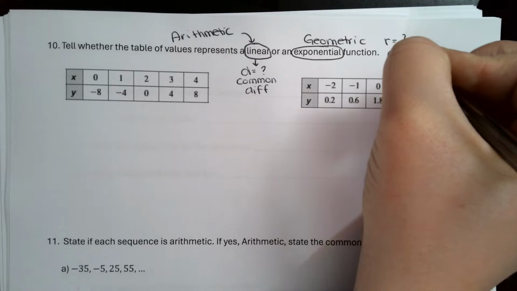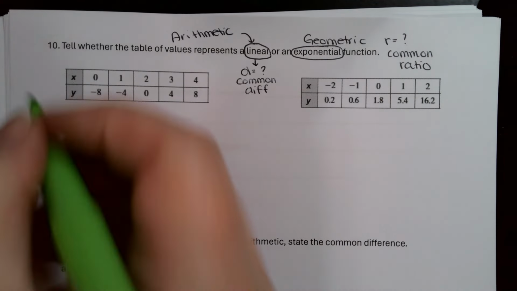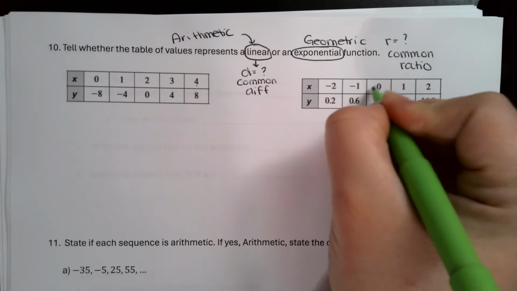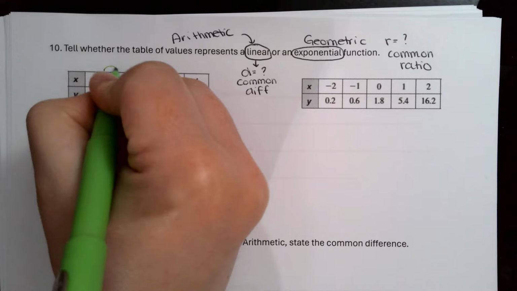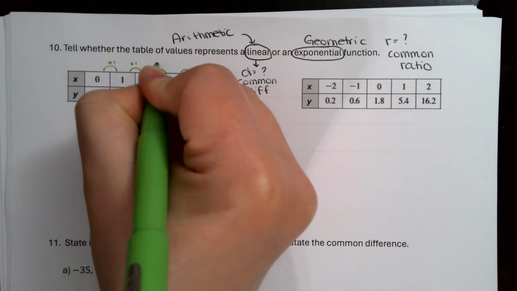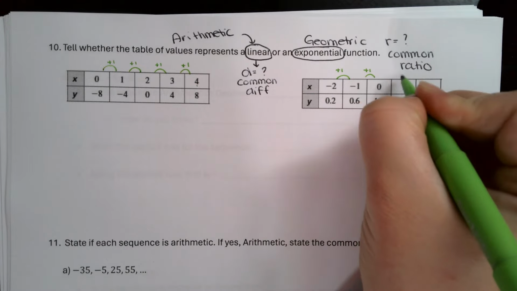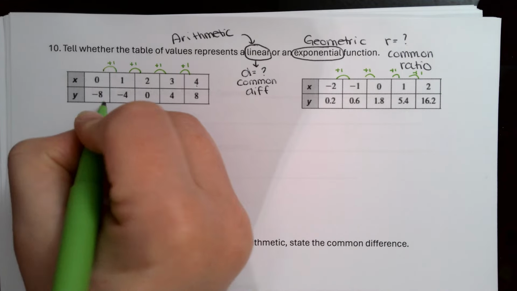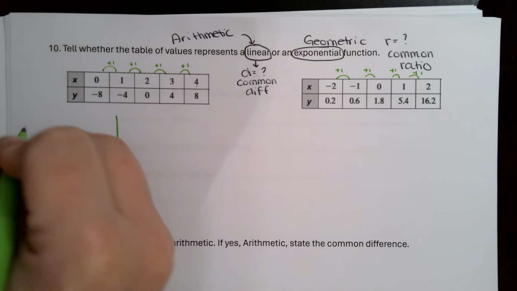So we are going to be kind of ignoring the 0, 1, 2, 3, 4. We already know that it's increasing by 1. So we want to know how is it increasing. So these again are just increasing by 1, which is fine. We're not really looking at that. We're looking at the output. This plus 1 doesn't really tell us anything. We're looking here. And again, be careful because you're going to take your right